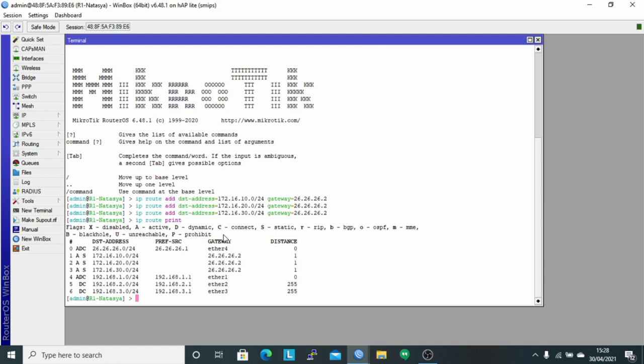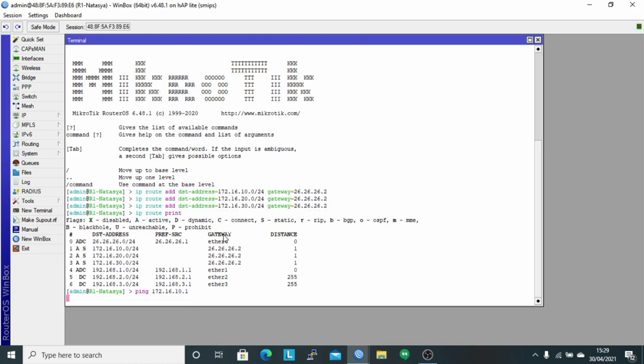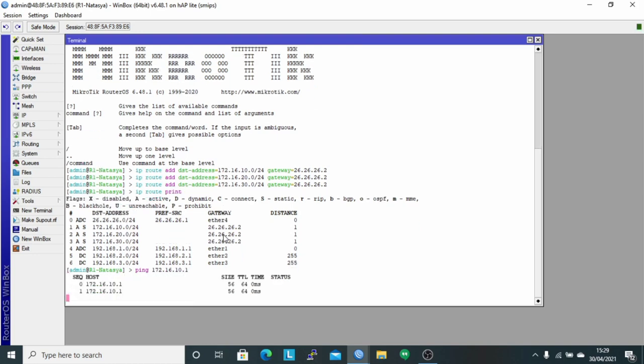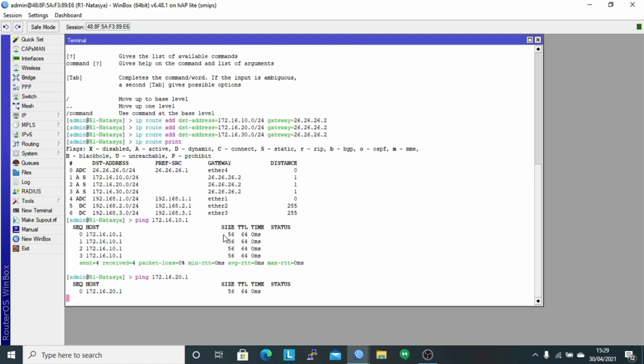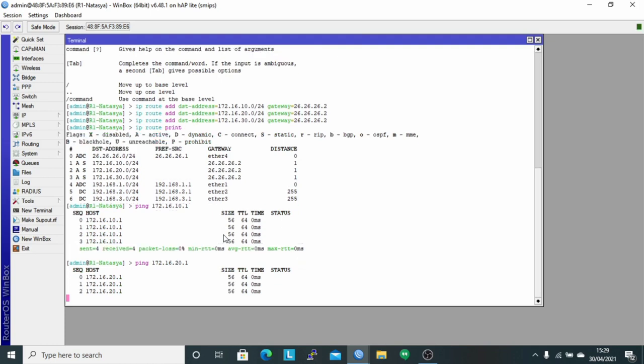And let's perform a ping test to the IP clients on router 2 with the command ping 172.16.10.1. And next, perform ping to the client on router 2 using Ether 2 with the command ping 172.16.20.1.